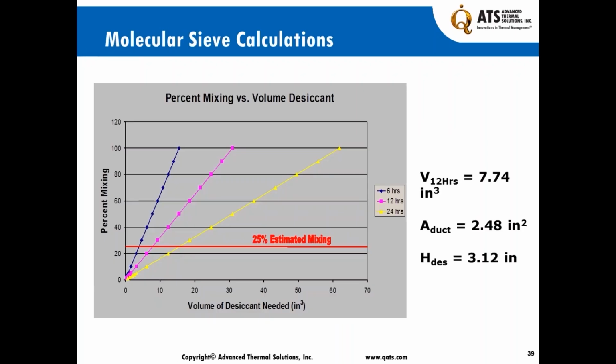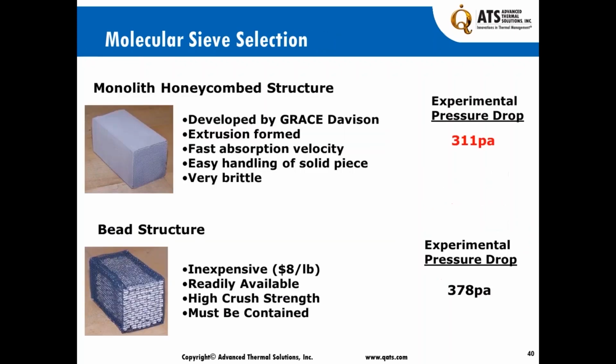You can see some mechanical characteristics of the molecular sieve calculations that we had to go through to make sure that it is going to meet our requirement: the volume of the desiccant that was required and the 25% estimation of mixing. You can see the levels that were available to us to select for the duct and the desiccants and so forth, as far as the surface area is concerned. And there are numerous options that we could have chosen, and you can see some significant differences between the pressure